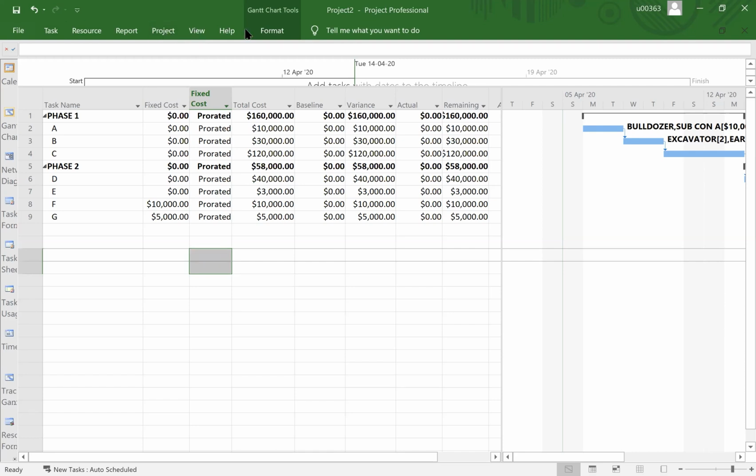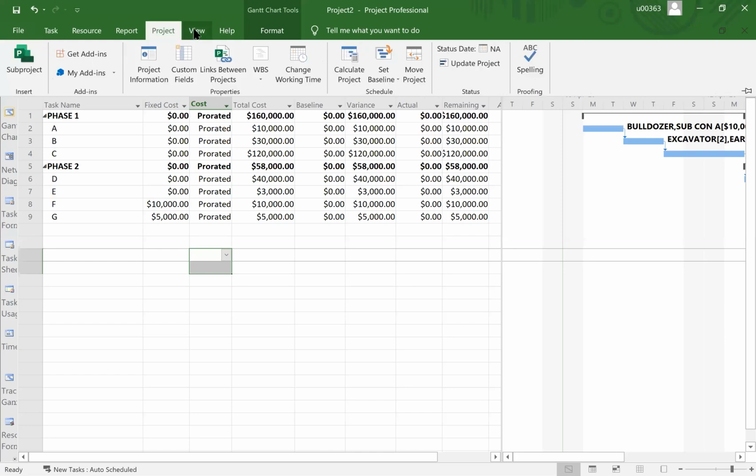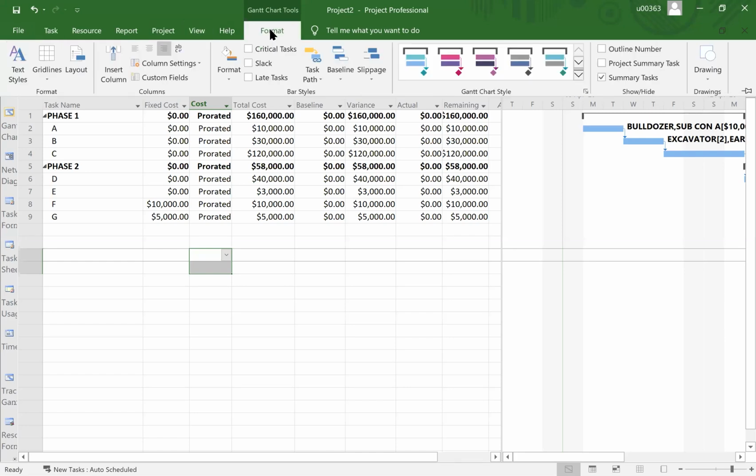Let's go into a task. Okay, so it's a bit slow here. Task, project, report. Okay, go into view and then format. If you click under format,